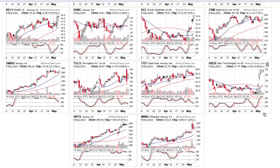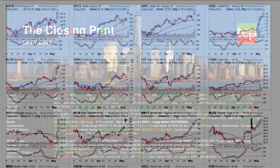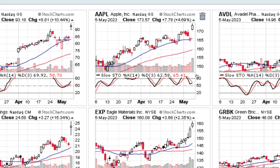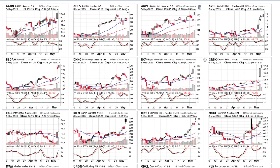Make sure you check the opening monologue for these stocks that are listed here. Looking for a follow through this week, along with stocks that we've seen from the relative strength scan continuing higher. We had Apple, of course, with earnings last week, above average volume on Friday. It just came off the 21 day, so if we do get a follow through on Monday, I'm watching for the FANG stocks to give us some buy signals before reacting,